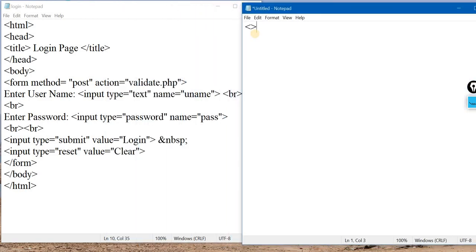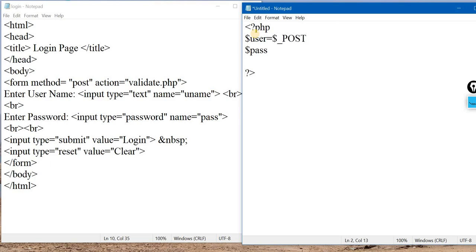Now how to start writing the PHP code? Very simple. You have to have a question mark, then PHP, and you always close it with question mark and angle bracket like this. Now inside this we are supposed to have two variables first. Let us have the first variable as user, second variable as pass for password. So how to access the value from the HTML form to the PHP? You can either use